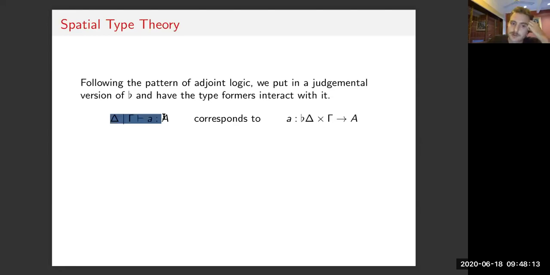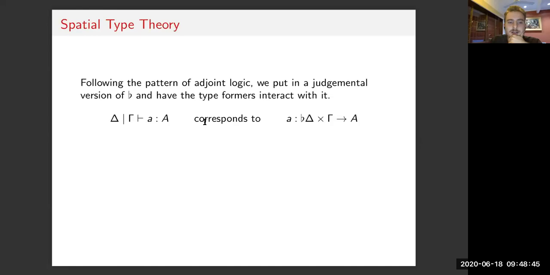So in general, a term judgment of this theory is going to look like this. We've split our context into two zones. This part of the context is meant to be an entirely ordinary context. And the delta part is going to be the so-called modal zone of the context. This is also going to consist of variable names and types, but the difference is that a judgment